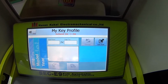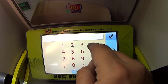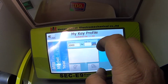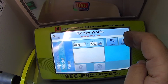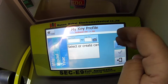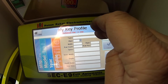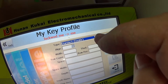Okay, year. Alright. You want a year? Fine. Let's just put in a year here. 2000. Now we're doing this for standard house key. We're not doing this for automotive, but we'll do it in this fashion if they want. Okay. Add new. Okay. Select card. Profile. Standard single is what we want because we're trying to create